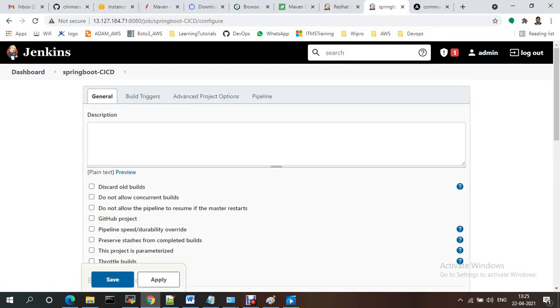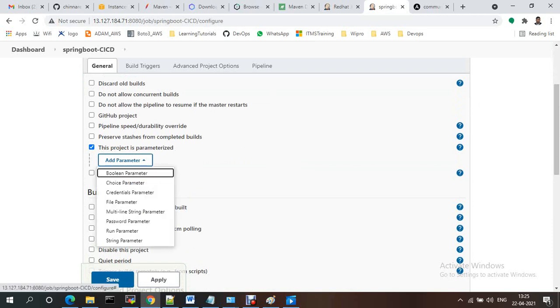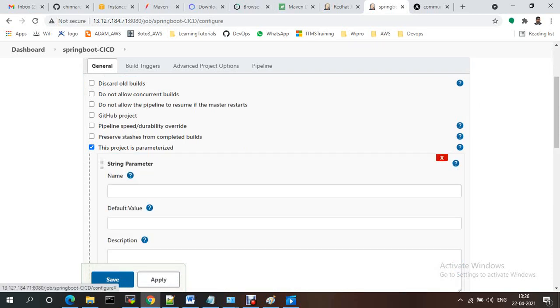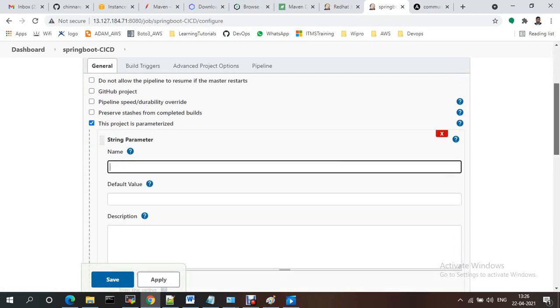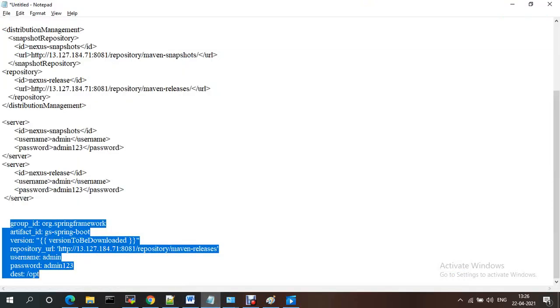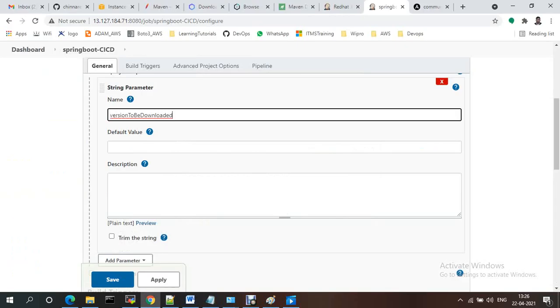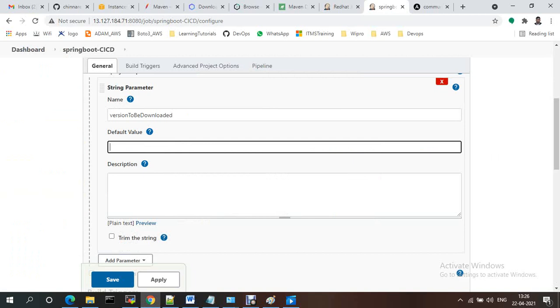So I'm selecting this as a parameterized project. I'm using a string parameter, version to be downloaded. My default version should be 0.1.1.